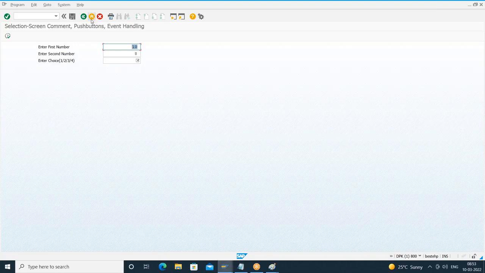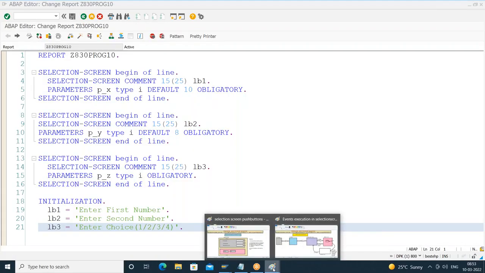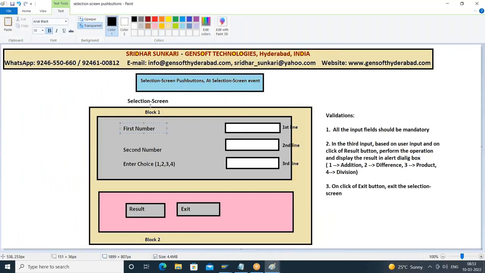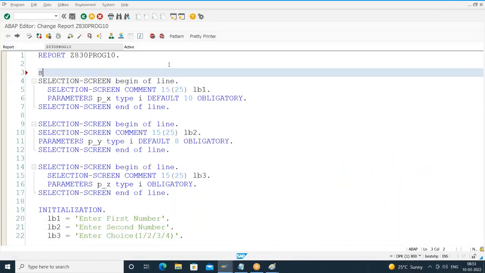Okay. Next, what is the next requirement here? I want this in the form of a block. So what I'll do here, somewhere here, I'll say selection screen begin of block. We have to give some block name. You can give any name. I'll give it as BK1, some name with the frame,